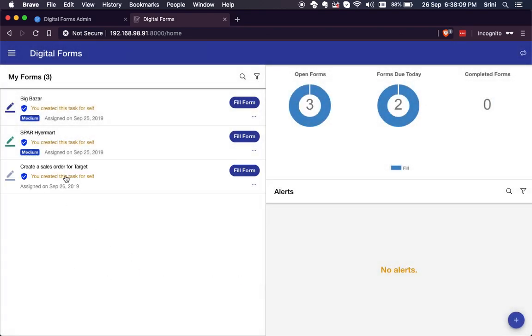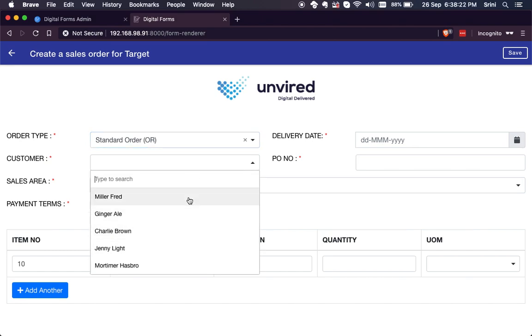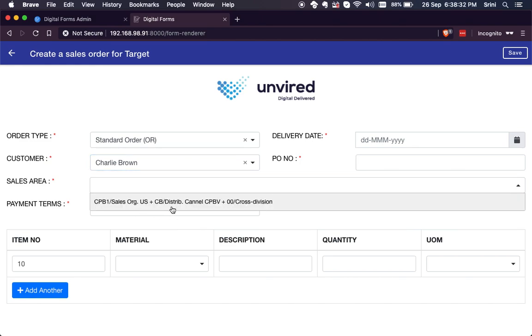So you see a new entry gets created here. I can now just go ahead and tap on it, and I can see the form in its full glory, how an end user would see it. So let me pick a standard order. Customer. So you can see that there are a number of customers here. There's basically master data that's been downloaded from SAP. And for example, if I use Charlie Brown, you'll see that the sales area is again shown based on what's